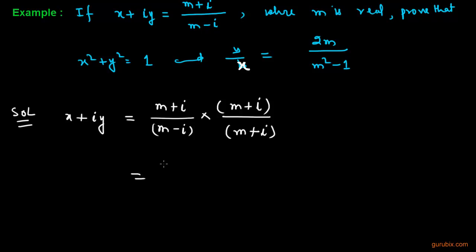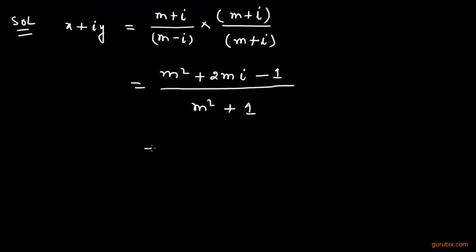Then this value will be m square plus 2m iota plus iota square, and iota square is equal to minus 1. Then this value will be minus 1. And here we have m square plus 1. So if we write m square minus 1